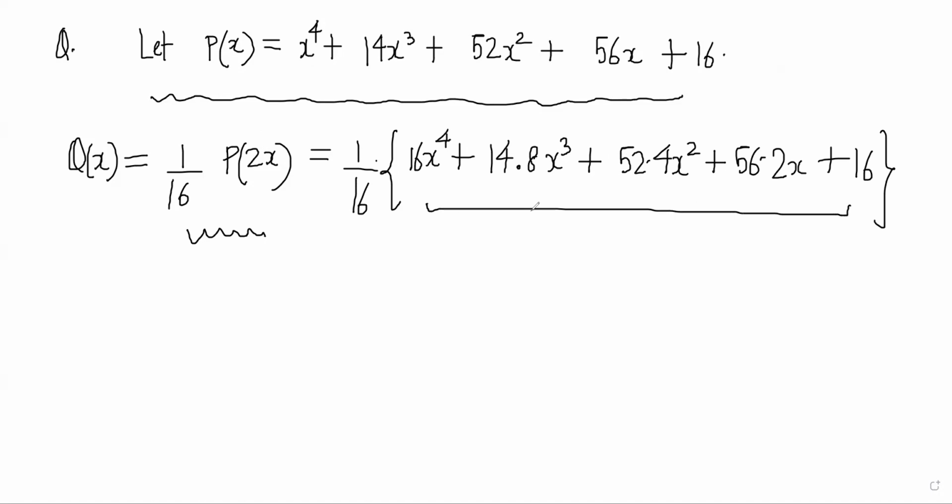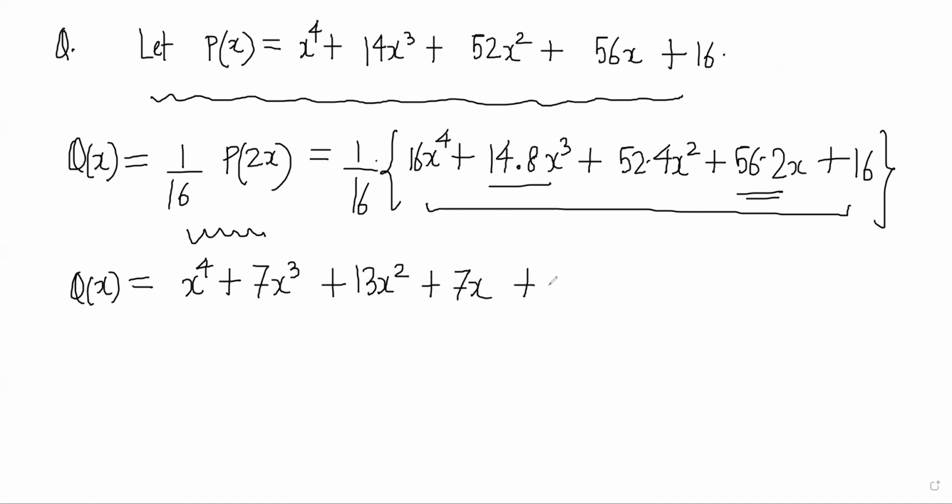So when you calculate it out, you will realize that q of x will come out to be x to the power 4 plus 14 into 8 by 16, which is 7x cubed, plus 13x squared plus 7x plus 1. So we are getting q of x like this. And notice one nice thing about q of x. The coefficients of q of x are following the symmetric pattern 1, 7, 13, 7, 1. So we know that q of x is a self-reciprocal polynomial,